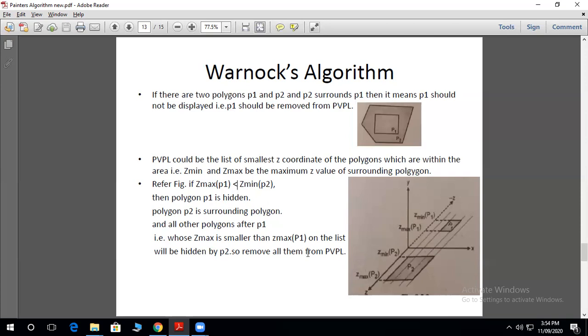So remove all of them from the PVPL. So we have to remove all from this list.